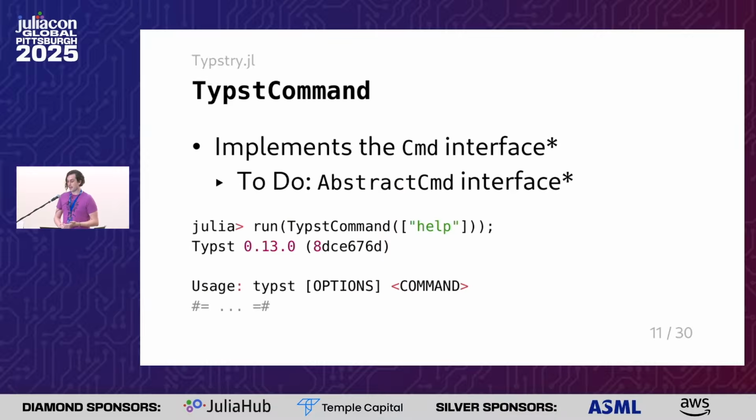So here's the command, which just wraps over the command line interface, and it supports the general command interface. In the future, I'd like to add more methods for abstract commands. The star here for implements means this is an unspecified Julia interface, so I'm just looking at the methods and doing my best to follow their implementation. It's an informal interface that's subject to change or possibly be implemented incorrectly, but it seems to work well